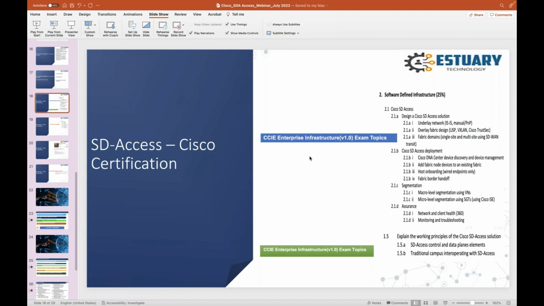If they want to do CCIE enterprise, they have to learn Cisco SDA access. They have to know about VXLAN, they have to know about Lisp, they have to know Cisco TrustSec, they have to get details about how they monitor devices on DNA Center and all. So as a part of certification, Cisco SD access is added almost in every CCIE module as well as CCNP.